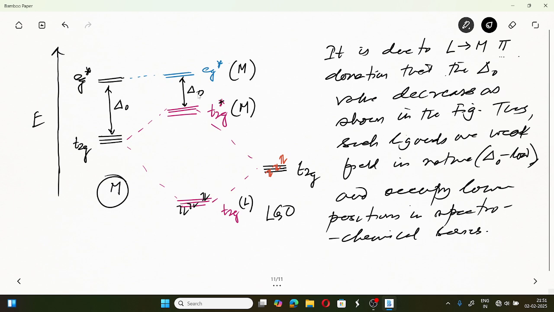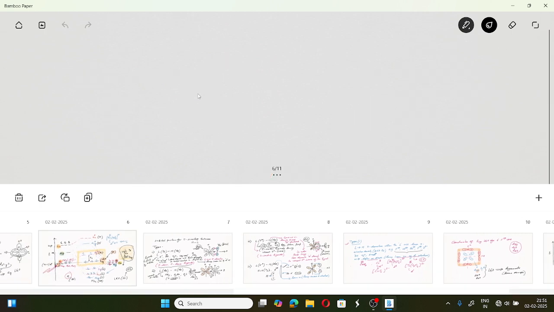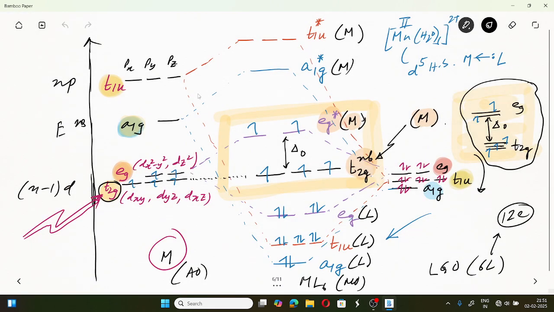ঠিক আছে, তাহলে আমরা if you combine this pi bonding along with sigma bonding in the molecular orbital picture, বুঝতে পারছো, এখানে এই জায়গাতে দেখো, if you combine this pi, তাহলে এটা নন বন্ডিং থাকছে না, এখানে একটা বন্ডিং হচ্ছে আর একটা অ্যান্টি বন্ডিং হচ্ছে, ঠিক আছে, একটা বন্ডিং হচ্ছে আর একটা অ্যান্টি বন্ডিং হয়ে যাচ্ছে।